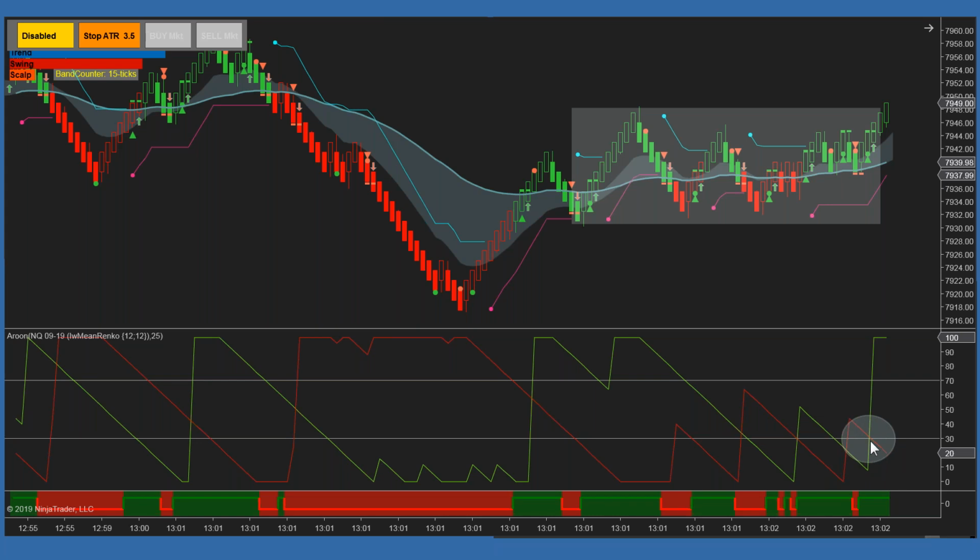So now this tells us the buyers are stronger. And not only that, but we've gotten into the 100 zone. And the red line is still below 30. So we've got the elements of a developing trend. But what I want to point out to you is that when it's crossing in the extreme zone, it's usually